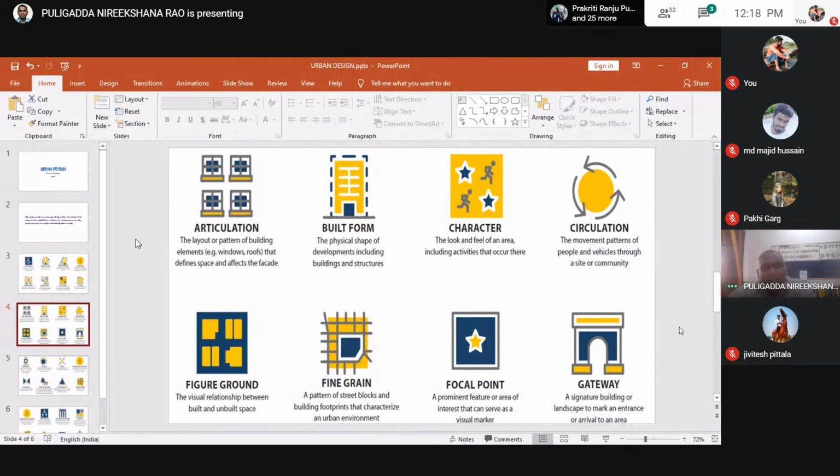Okay. And built form: the physical shape of developments, including buildings and structures. My dear, last time we discussed built up area, built form, ground coverage. So here, built form is the physical shape of developments, including buildings and structures. The physical shape may be L shape, it may be elephant shape, it may be any other shape.